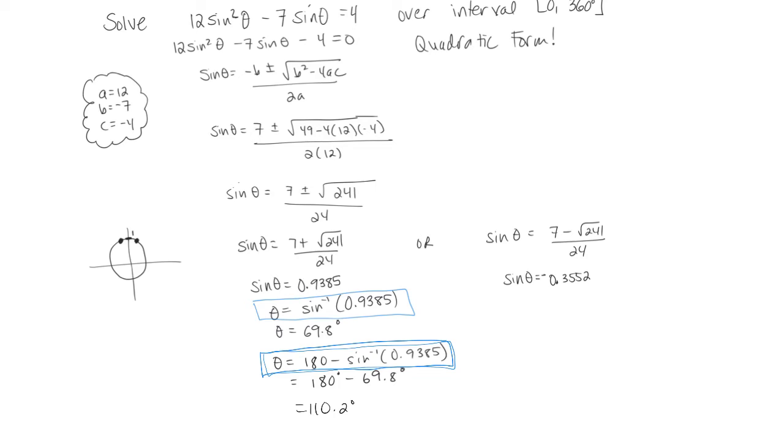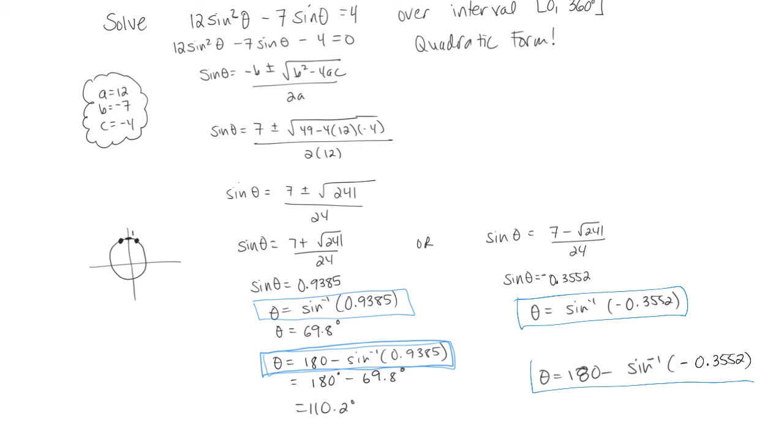Now here I'm going to take arcsine of both sides, negative 0.3552. Just like you take plus or minus square root, when you take arcsine, you're also going to find the other angle. So that's the action you take when you take arcsine. Let's get both of those angles here. Just plugging this in, arcsine of negative 0.3552 gives us